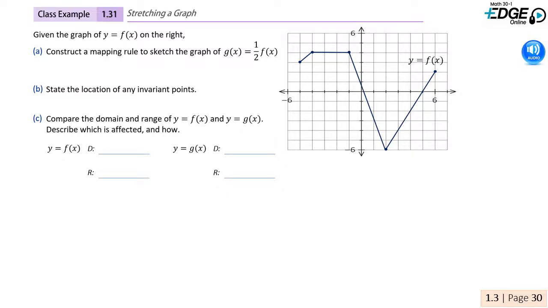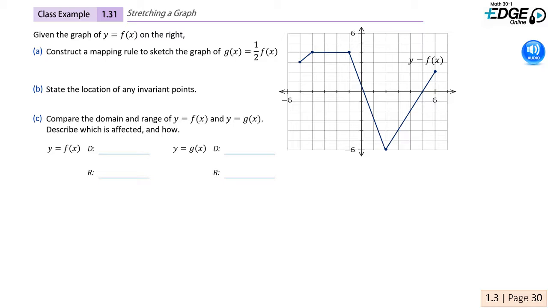In class example 1.31, we explore stretches on a piecewise function. We are given the graph of y equals f of x and asked to construct a mapping rule in order to sketch the graph of g of x equal to 1/2 f of x. We note that the 1/2 is out in front of the f and is not with the x directly. This means it is the a parameter value and not the b parameter value, and as such is a vertical